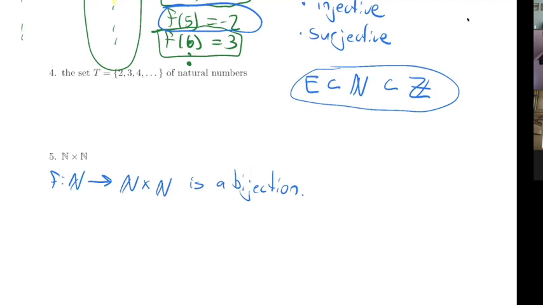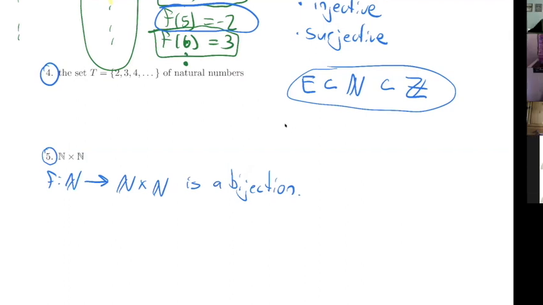So I'm going to break you up into breakout groups. Definitely focus on 4, make sure you're comfortable with that one. And then think about 5 with each other. I'm not expecting you guys to solve it, but maybe just come up with some ideas that we might want to consider, and we'll work through it together. But I want to give you a chance to talk to some of your classmates about this. Any questions? All right, so the rooms are open. So start with 4 and then just see how far you can get thinking about 5.